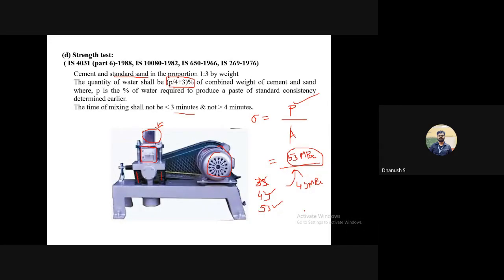Whereas in well graded, equal proportion is not my criteria. In well graded, effective density and least percentage of voids is the criteria. Here that is not the case. Here I just want equal representation from each grade of sand. And if you ask me why all this is done, it is a standard. Anywhere in India you go, right from Kashmir to Kanyakumari, this is the standard procedure that is followed to measure the strength of cement.